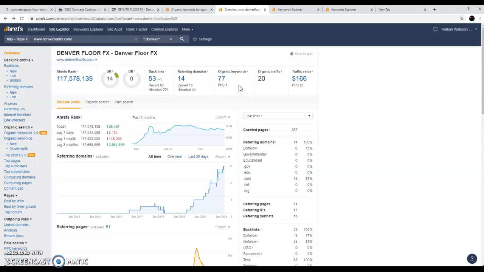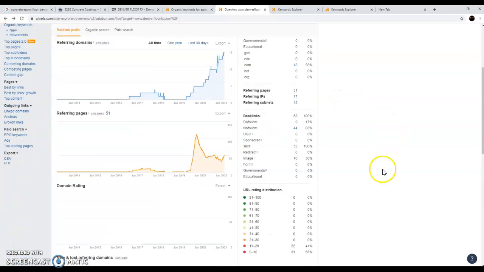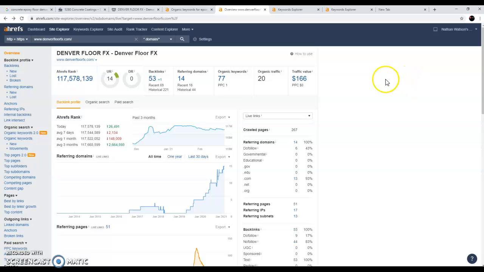So you can't just do concrete flooring for, let's say, an ice rink, or something of that matter, something that doesn't really mean much. And if you didn't do any flooring for a business, and you attached your website to it, it's not going to give you any power, and it's not going to power those links. So something about what you're doing, Google doesn't like, and that's why you're not getting a good domain rating. So that's part of it, but also the strength of your links. If you are interested in a little bit further details about this, and you want to go into more depth, we can do that.